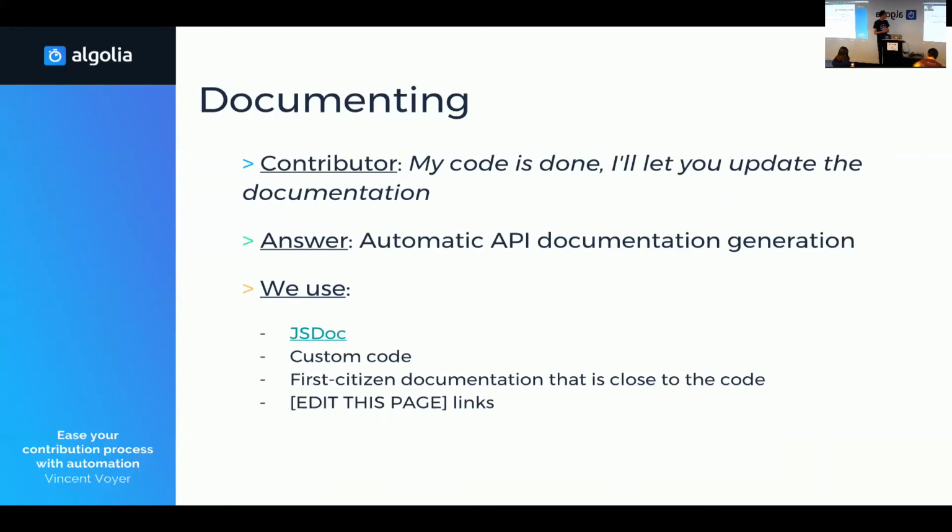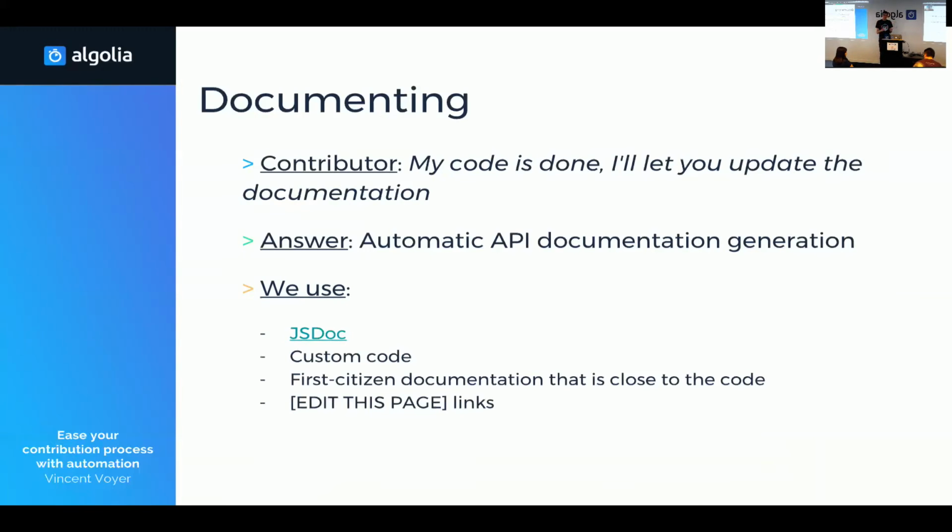The next part is about documentation. Once most of the code is done, we want the developer to actually document it. In a UI library, for example, we have a lot of components, a search box, a list, etc., and all those components have different APIs, and we want the API documentation to always be up to date. What we discovered is that the closer to the code, the better. So we use JSDoc, a notation to document our components, and then we automatically extract markdown from this documentation and put it inside the website.